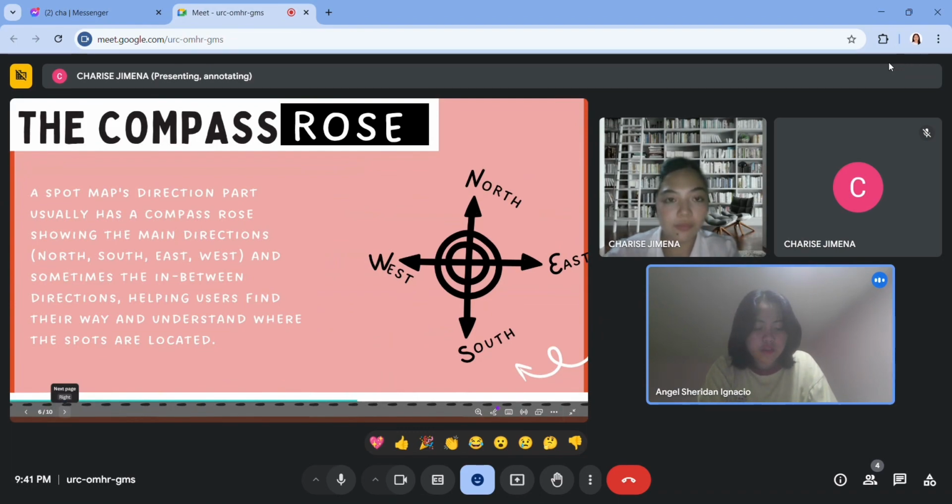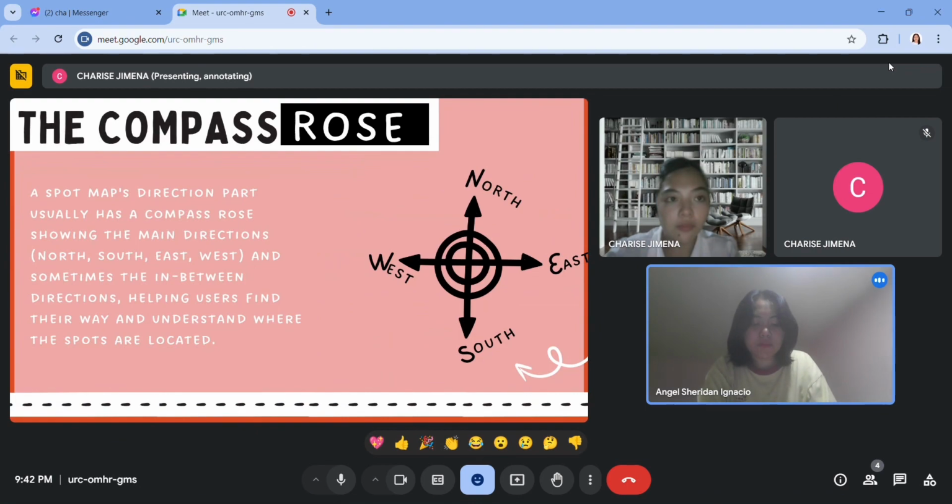In the Barangay Ubos spot map, the direction component highlights various landmarks. For example, to the west, you'll find St. Luke's Academy, Valderrama Central Elementary School, the Barangay Hall, the bridge, Leo's Pool, the Barangay Isolation Unit, and flood-prone areas. To the east, you'll see the church, Municipal Plaza, Health Center, Valderrama Municipal Hospital, cemetery, pharmacy, Petron, Palawan, Garrett Graphics, and other key places. The compass rose at the top of the map shows north, helping users navigate these locations.